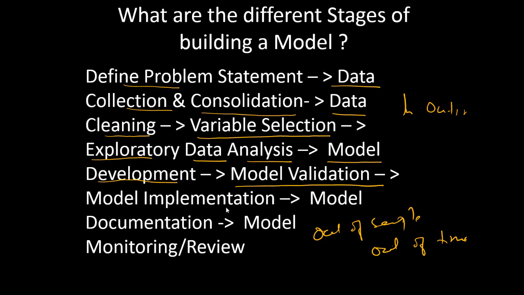Once the model is finalized from the model validation step, we implement the model on a web platform or on a desktop platform. Then, in the process, from the very beginning itself we would have started the model documentation. So we finalize the model documentation once the model is implemented,